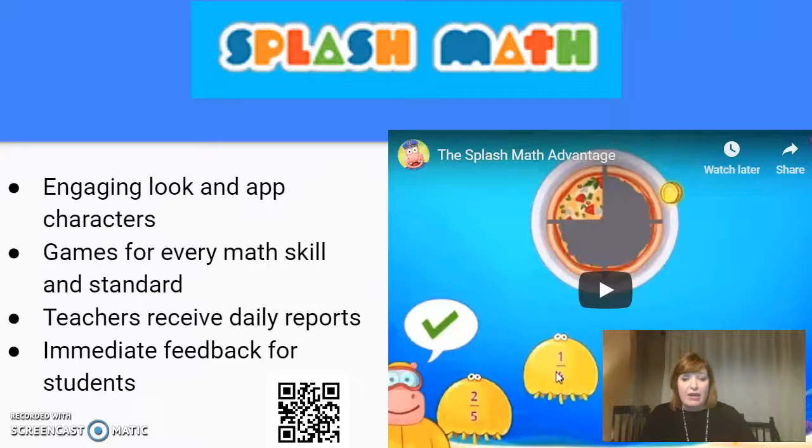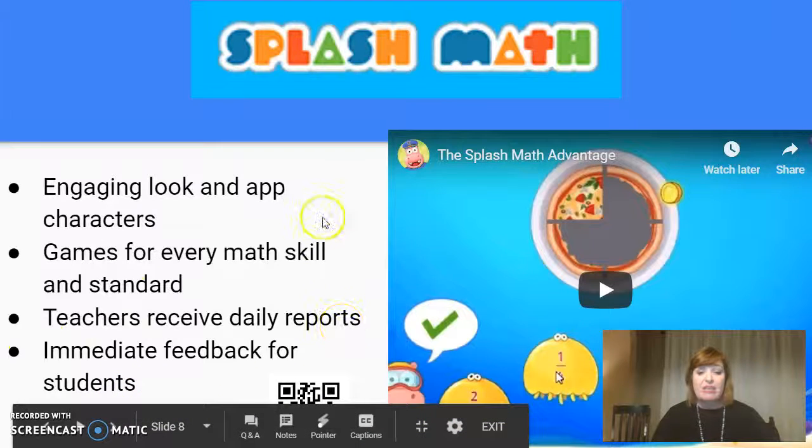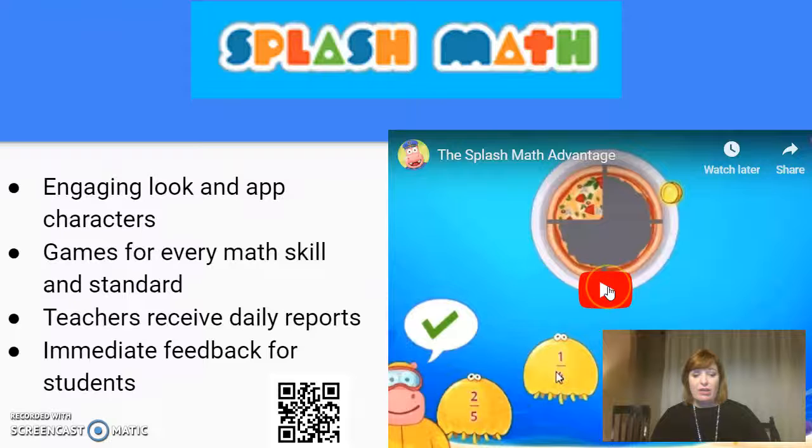This also has a component for teachers to be able to search by standards for each grade level. And it sends out daily reports to let you know where your students are, a daily report of how well they did that day. You can scan this QR code here at the bottom of the screen again, and it's going to take you to the website, and we are going to try to play this video for you before